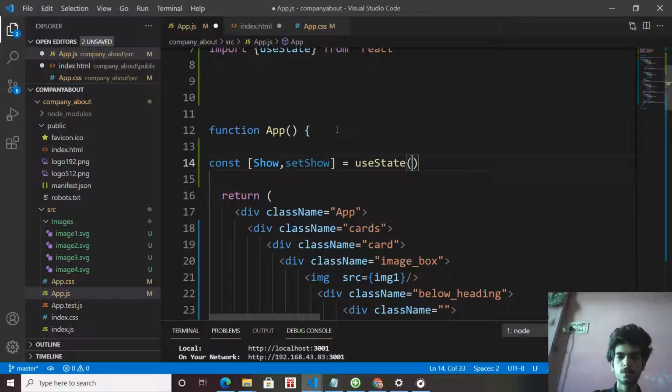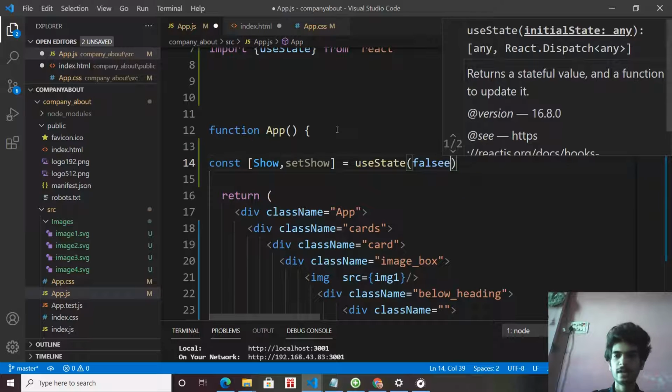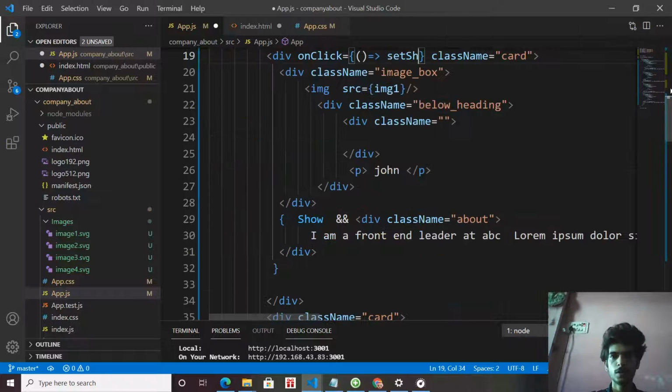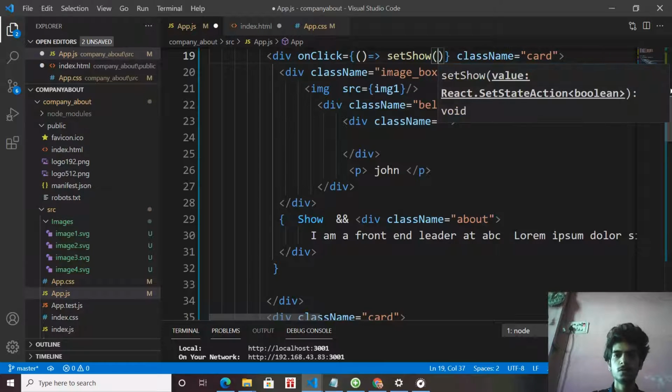The initial value of show is false. Okay, at the starting we are not going to see any person's bio. Okay, so we are updating the show value to true.